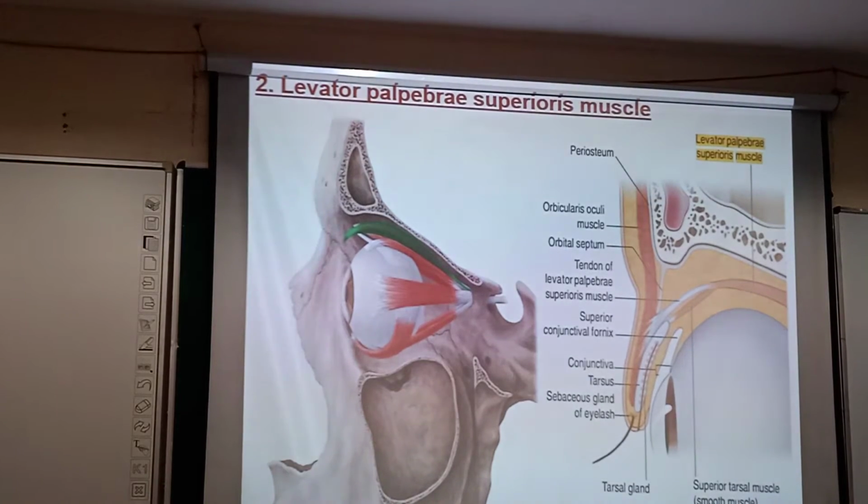It is around the eye, but not a muscle of facial expression. Also, a short note has come in university exams. This is a very important muscle, levator palpebrae superioris. It has two components. This in green color is the somatic component, and just below that is the sympathetic component. It takes its origin from the inferior surface of the lesser wing of the sphenoid. Here it is, and gets inserted